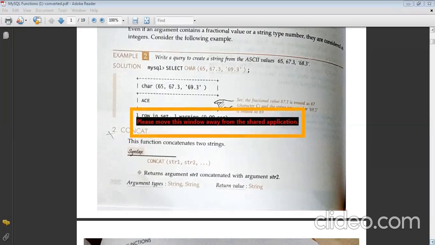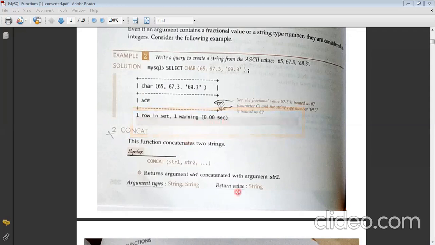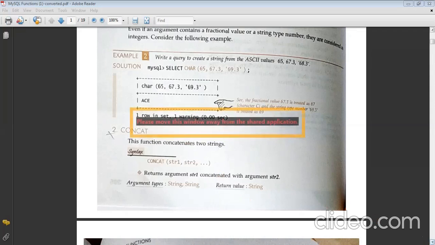One more thing: when we talk about Python, its default indexing starts from 0. What do you think the indexing starts from in MySQL? Does it start from 0? No, I think it starts from 1. Yes. So do not get confused, because in MySQL, the indexing for each string starts from 1, not from 0. It starts from 0 only in languages like Java and Python, but in MySQL it starts from 1.